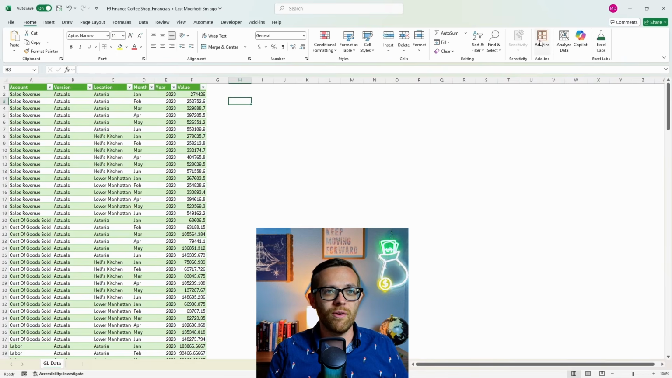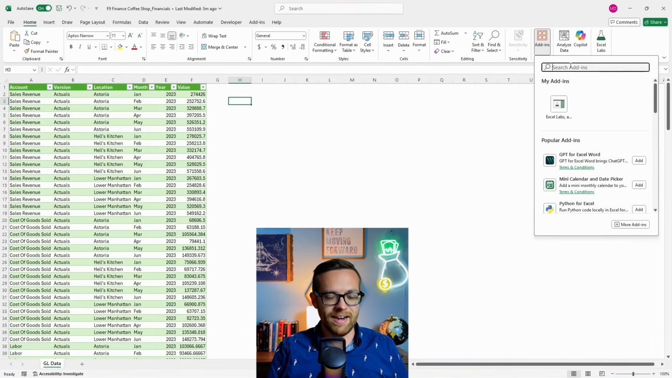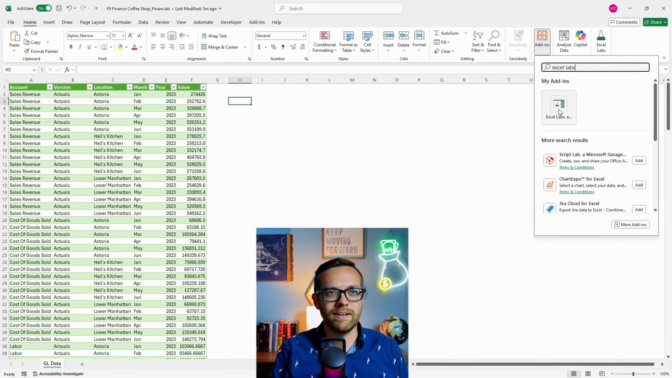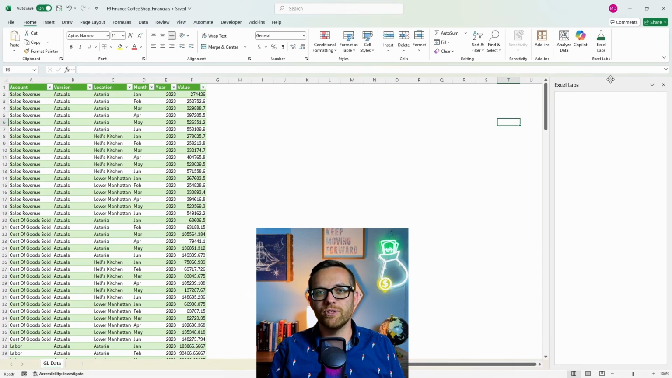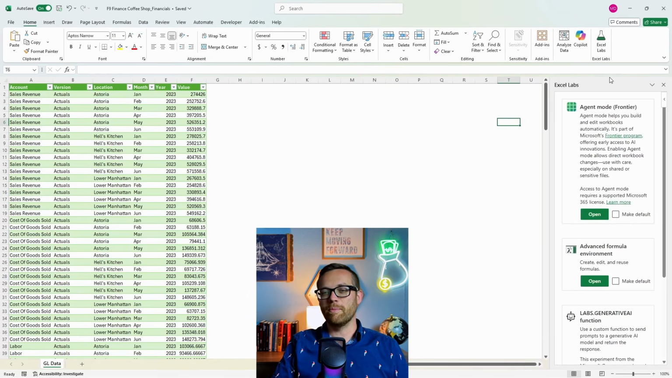You want to go to your add-ins, you want to search for add-ins, and just search for Excel Labs. Excel Labs is going to come right up for you. It's going to look like this. You click that button, it's going to add immediately. And then when you click Excel Labs, several options of whatever Microsoft's testing at the moment is going to come